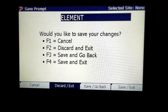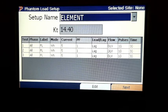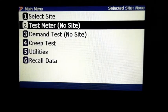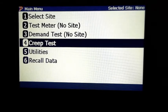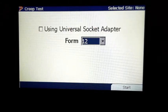I'm going to do a creep test. So now we wanted to show you a creep test. So let's say one of the linemen comes into your office, says, here, I got a meter, I pulled it, no reading, didn't get the reading off of it, I was in a hurry, I forgot it. So you'll select number 4, creep test. We don't have it in a socket, so you're going to select,